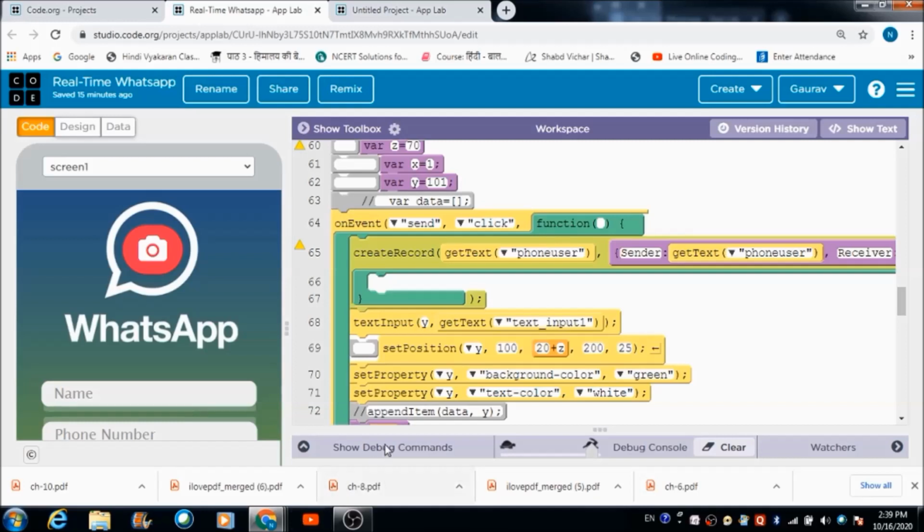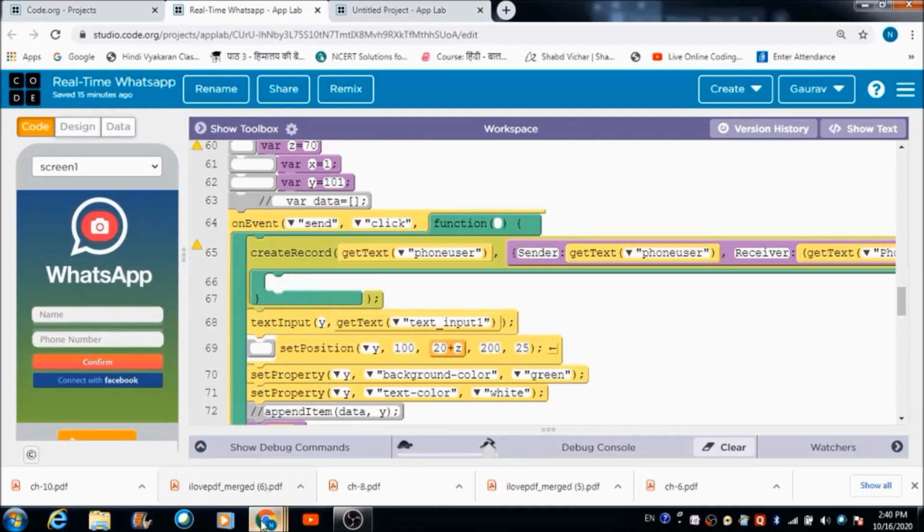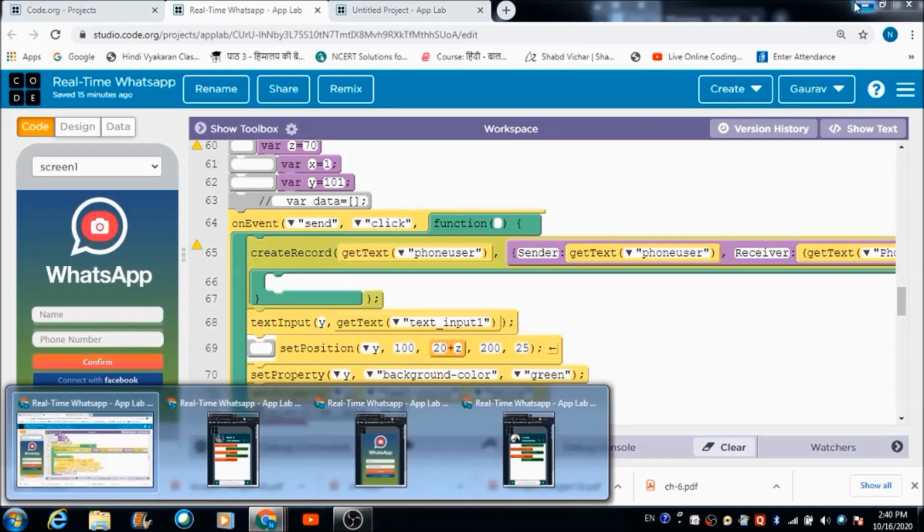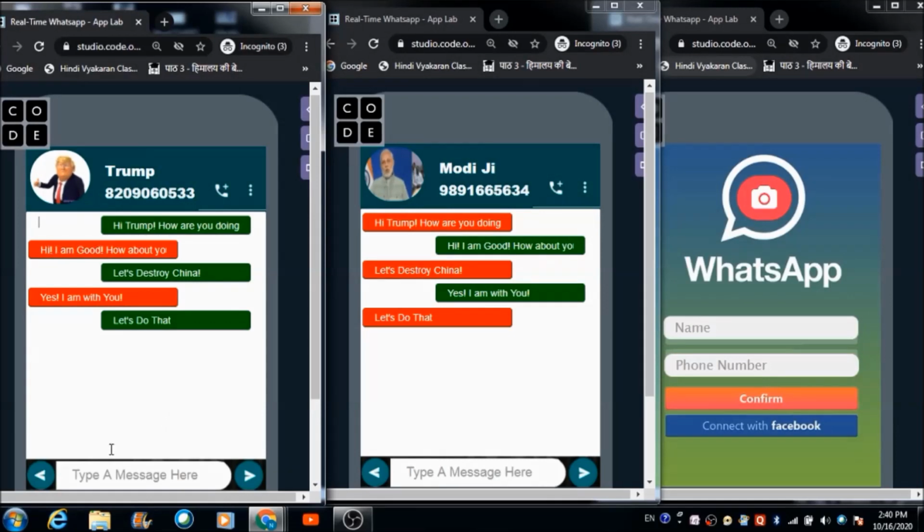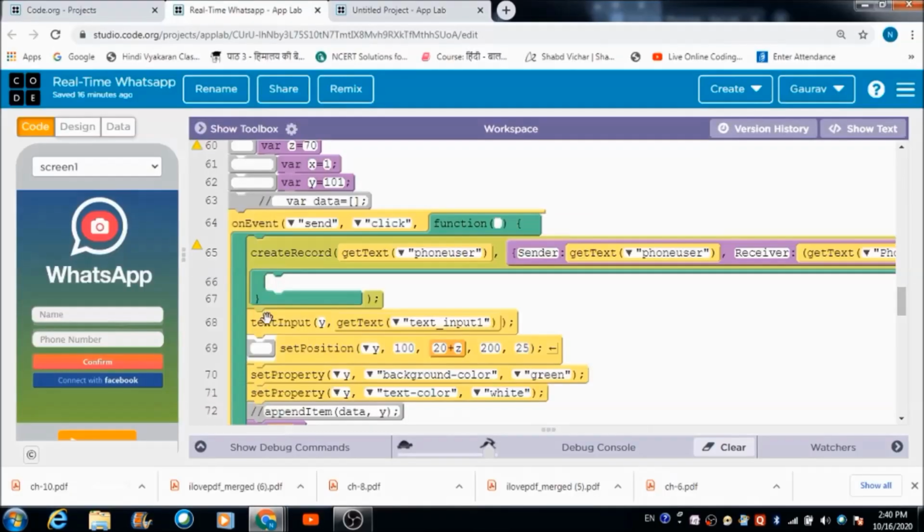Besides, for defining a proper length and height of these dynamic components that you see when I'm sending the message, I have made use of variables. Now let's understand the code.